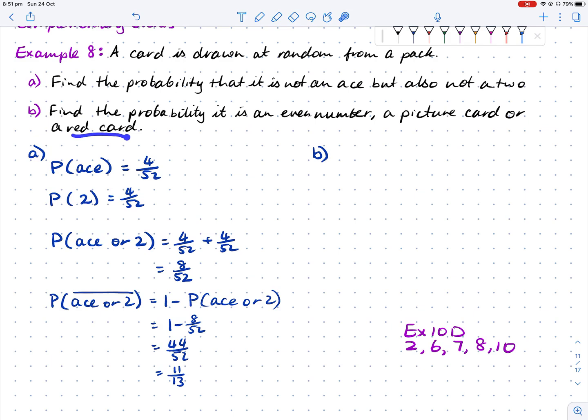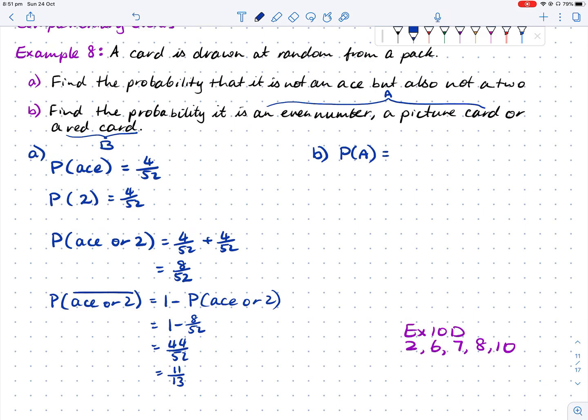Now, when we're looking at red cards, even numbers can also be red. Picture cards can also be red. Okay, so we'll need to count up those ones very carefully. So I'm going to call this first section the set A, and then the red cards I'm going to call the set B. Okay, that's going to help us when working out these probabilities. So the probability of A,